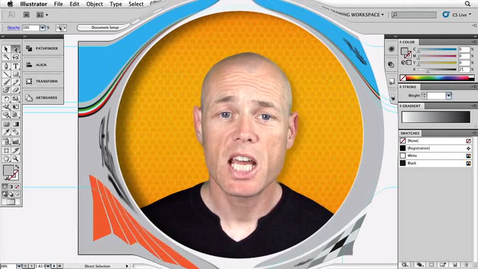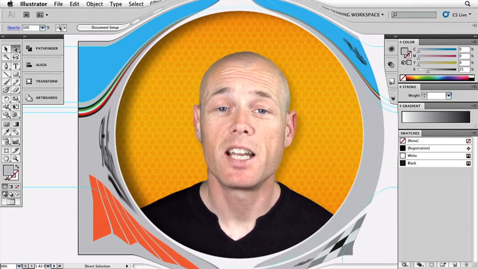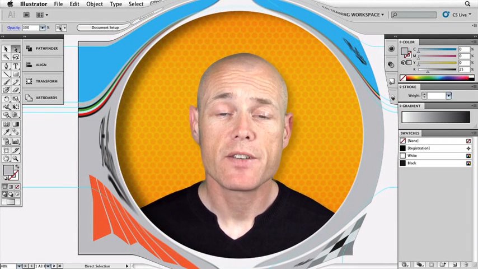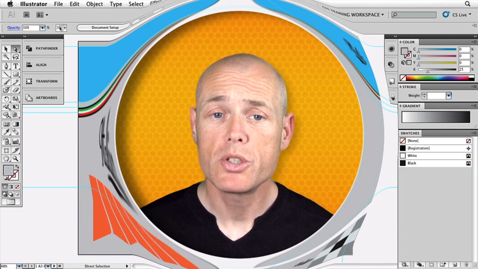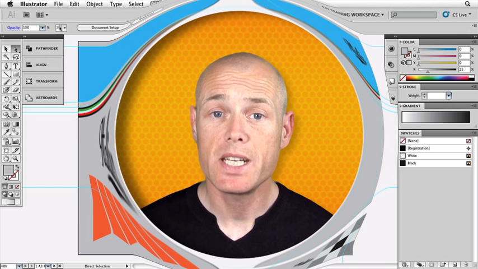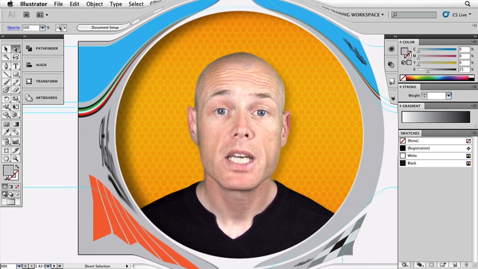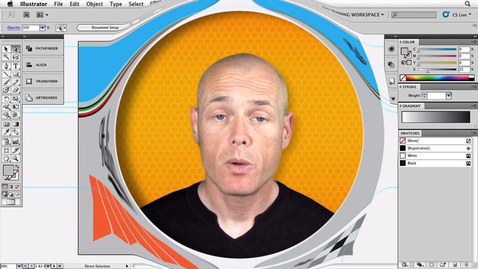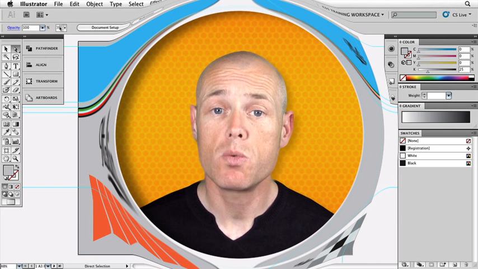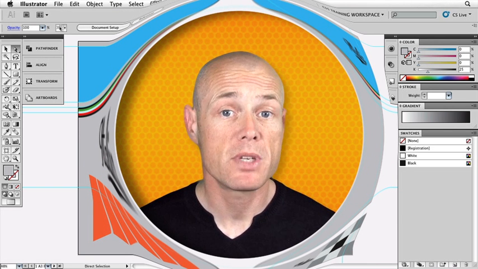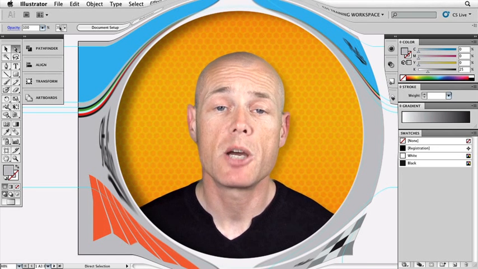So now that our basic elements are in place, the next step is color. Adding color in Illustrator is a fun and easy process with swatches, patterns, and gradients. But it's important to remember that just choosing a color on screen isn't going to be accurate or correct, especially when it comes to print. So I'll also share with you some cool studio techniques for correct color specifications and swatch editing, which will not only speed up the production of your artwork, but help prevent mistakes, costly mistakes, when it comes to preparing your